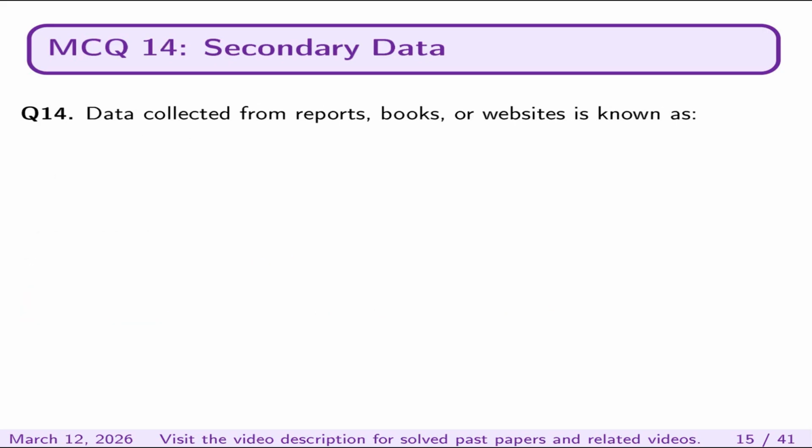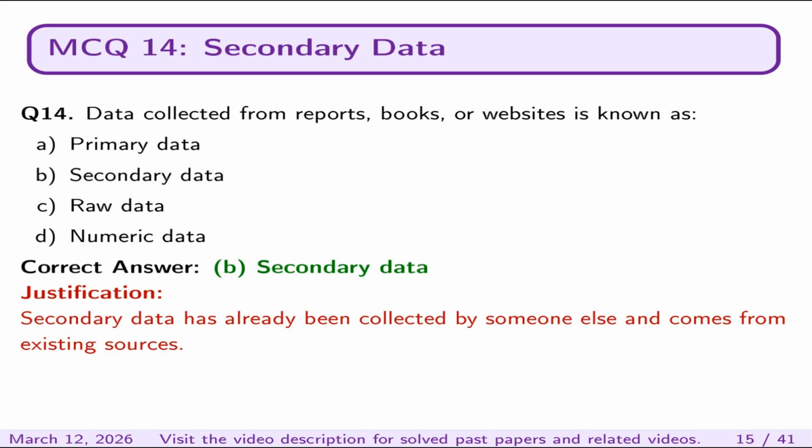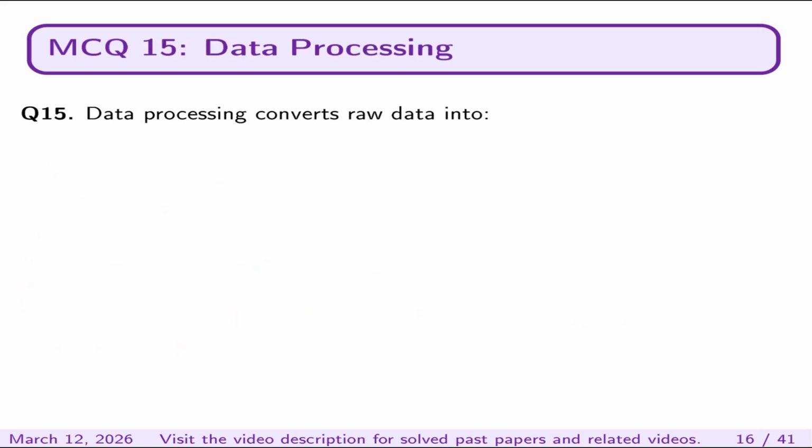Question number 14. Data collected from reports, books, or websites is known as primary data, secondary data, raw data, numeric data. Correct option is secondary data, because secondary data has already been collected by someone else and comes from existing sources. Question number 15. Data processing converts raw data into